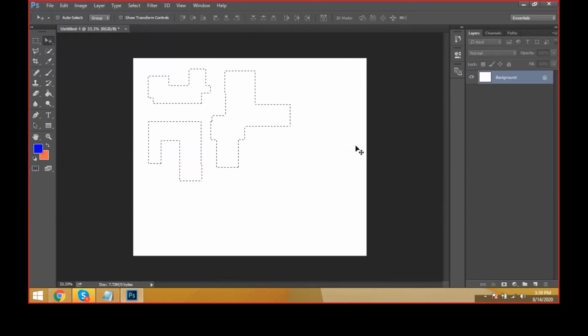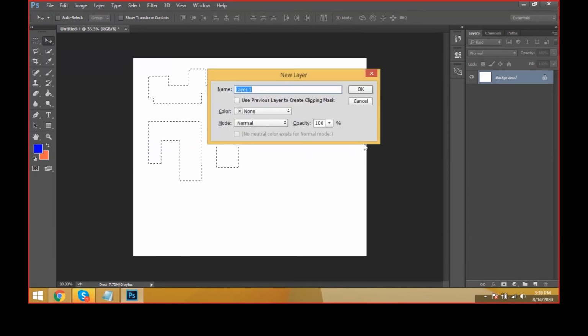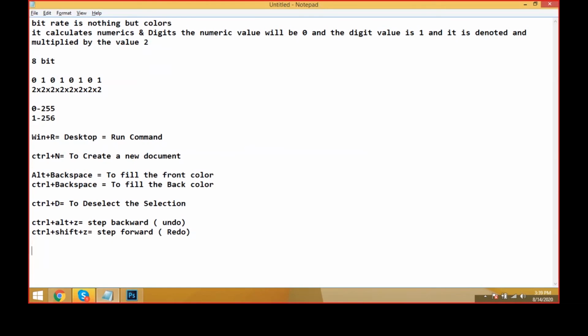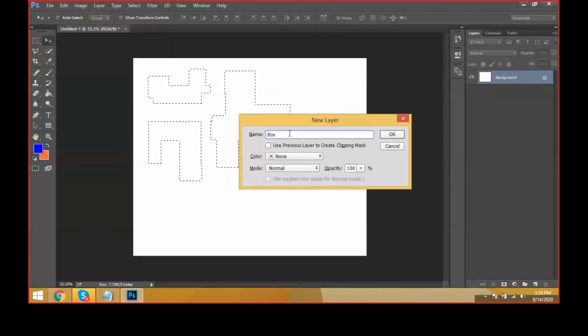Okay, and there is a keyboard shortcut for creating a layer, Control Shift N. Control Shift N. Yes, here I'm creating a box layer.